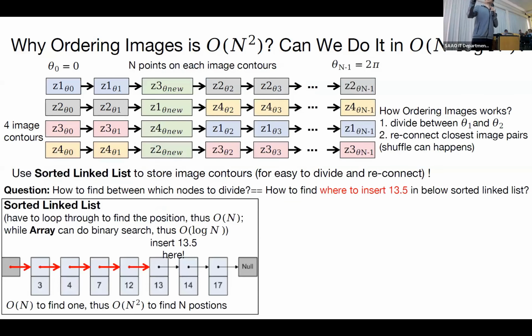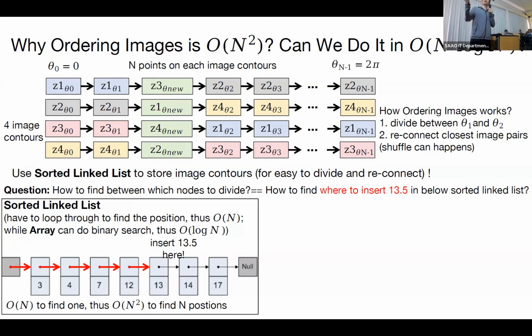And to insert this new set of images, we need to first divide between theta 1 and theta 2, and second, reconnect the closest image pairs. And you notice that a shuffle happens here, because the original Z1 contour is not connected to the original Z1 contour. Instead, it's connected to the original Z2 contour because this pair has the smallest distance among these 4. And this pair also has the smallest distance among these 4. So a shuffle happens here, and that's the reason why VBMicroLensing uses a sorted linked list for image contours, because it's easy